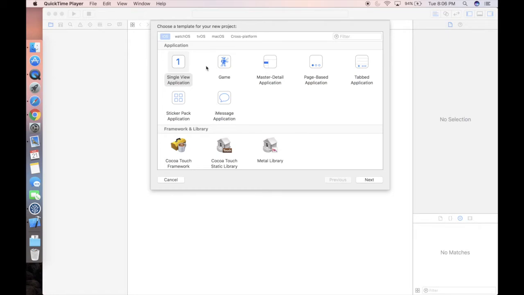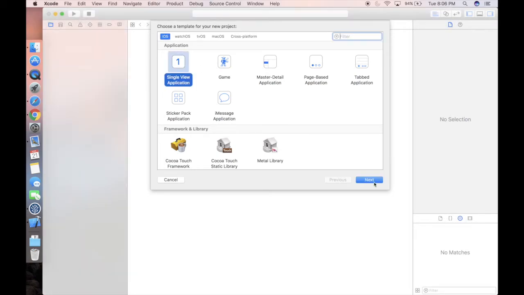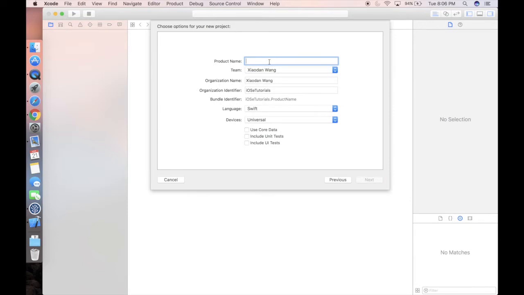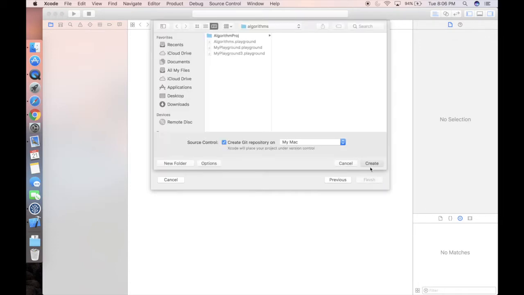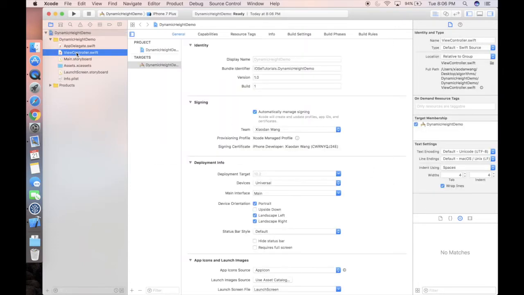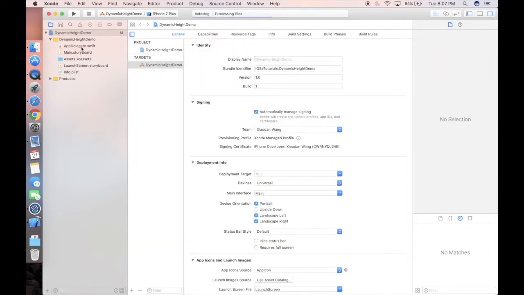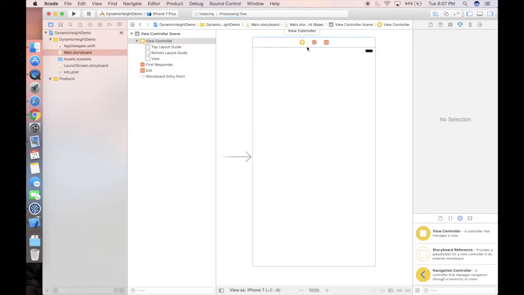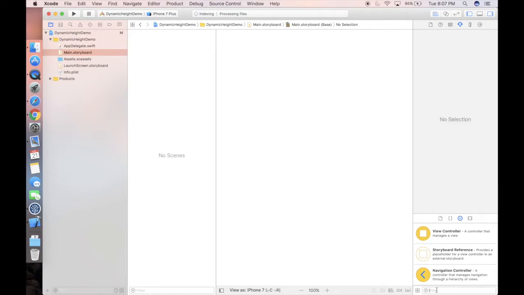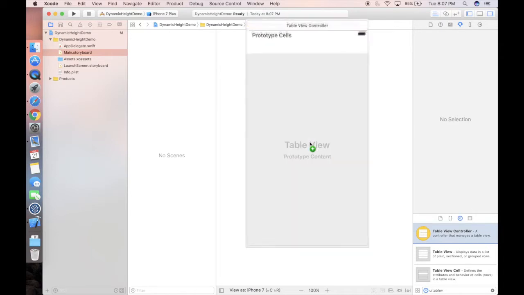Let's get started. Okay, so here we are at Xcode, and now let's create a single view controller. Let's call it dynamic height demo and create. So we're gonna delete our view controller.swift file, and in our main.storyboard, let's delete the view controller and simply drag and drop a UITableViewController, and